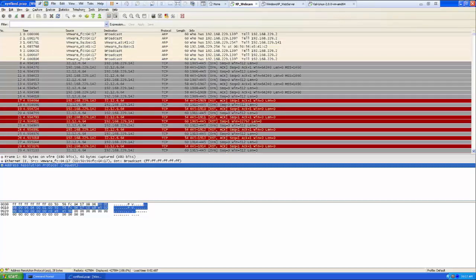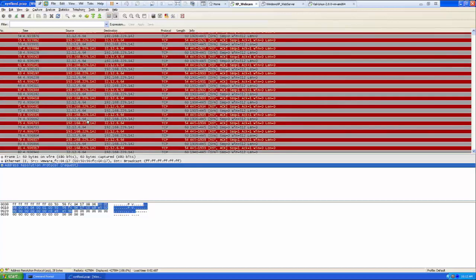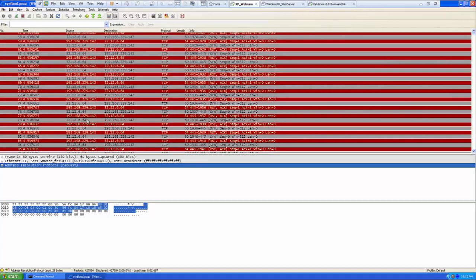There are a few things I wanted to go over concerning this packet capture. First, I wanted to bring your attention to the packets that are highlighted in red. These are reset packets. I'll go over these in a little more detail in the second packet analysis later in this video. The second item I would like to point out is the IP address,